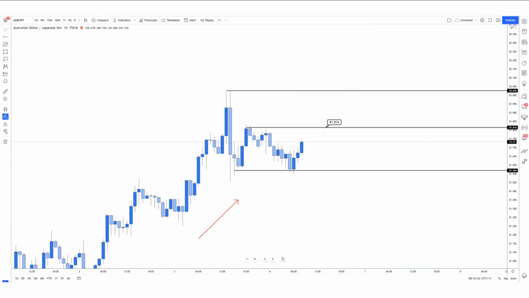So if I'm looking for buyers today, what I'm going to want to see on Aussie dollar JPY is the market convincingly break the structural high. If I'm looking for buys from the bottom, then you're looking for buys from a retest level. This is your retest level. Now, the market is already left floating between 81.81 and 81.56, meaning that the price is in the middle of